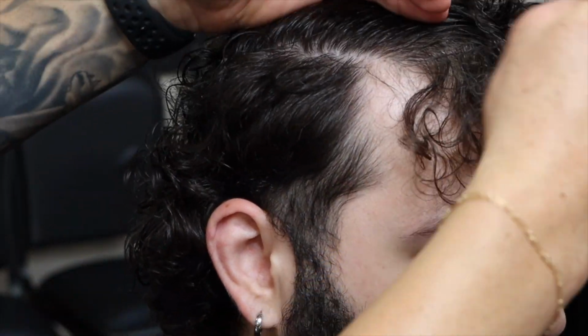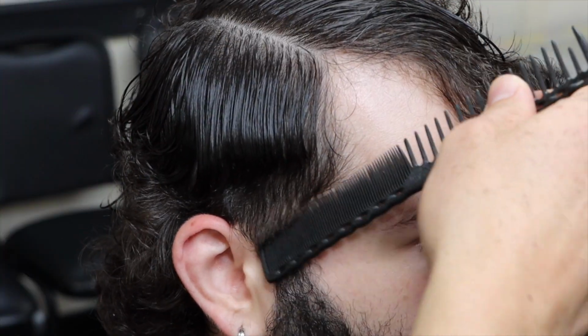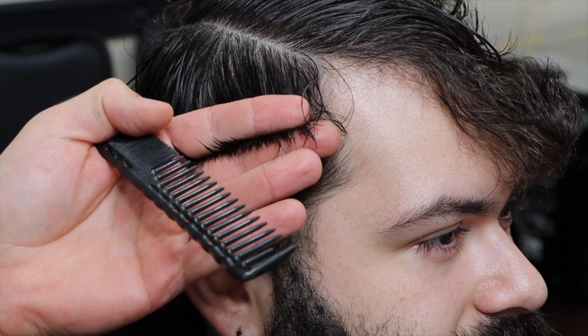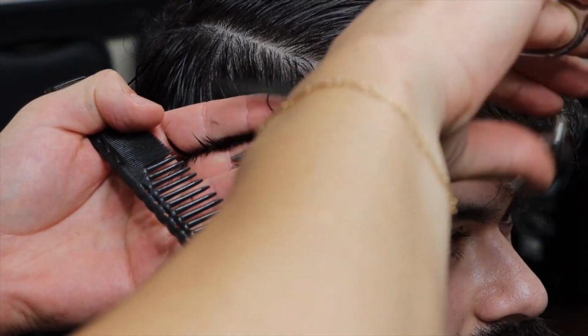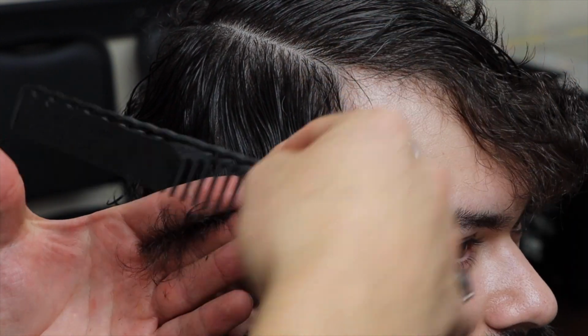Right here, doing the same thing, same steps on the other side, starting from the crown over to the recession point, getting that guideline, and then I'm going to section it straight from the crown to behind the ear and creating that triangle section